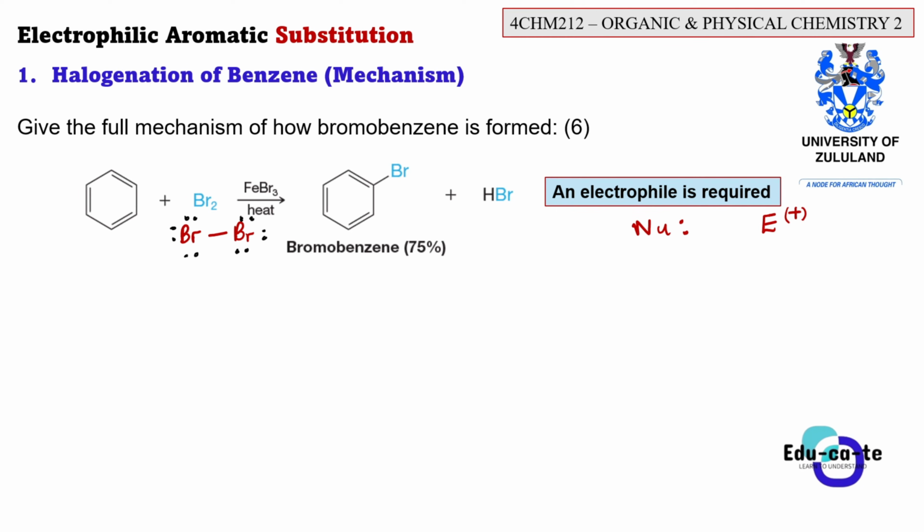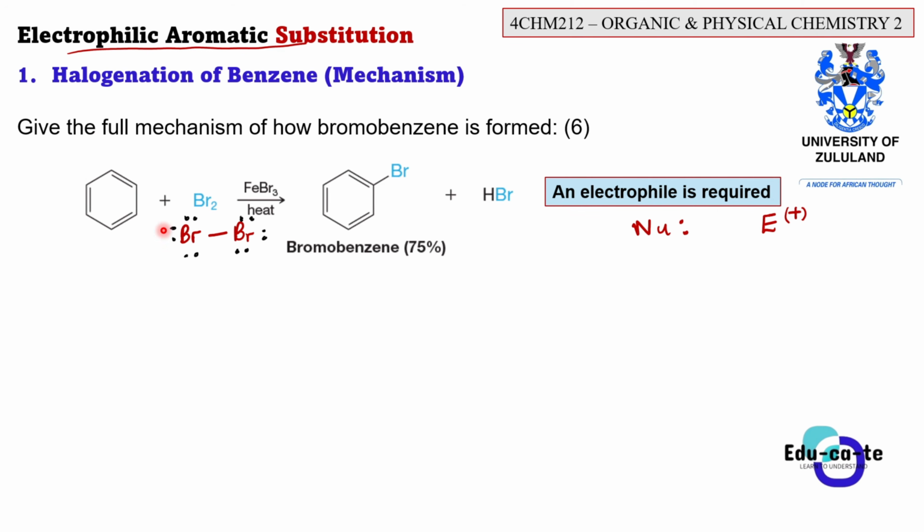So in this case, we always say that during electrophilic aromatic substitution reactions, the benzene ring always acts as a nucleophile. The benzene ring always acts as an electron donor because the benzene ring has double bonds within it. Basically, these double bonds mean that we have an extra pair of electrons. It's just a bond, but it's an extra pair of electrons. So this benzene ring is able to act as a nucleophile. It is able to donate electrons to an electrophile.